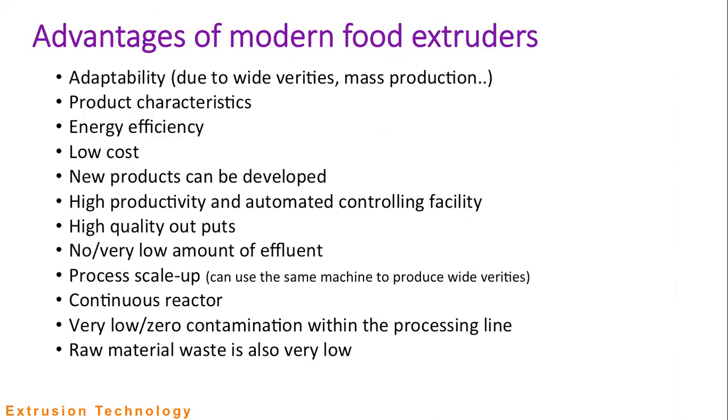You may see this type of extruders when we get the coconut oil, in white coconut oil extraction, you can see this type of extruders. We can get oil as a byproduct from those extruders, right? Then advantages of